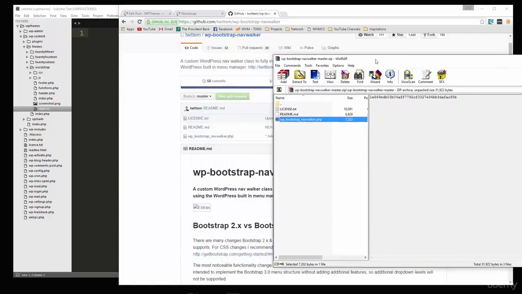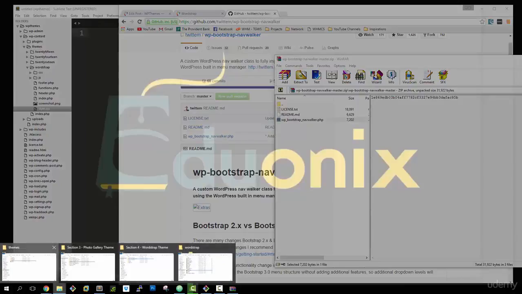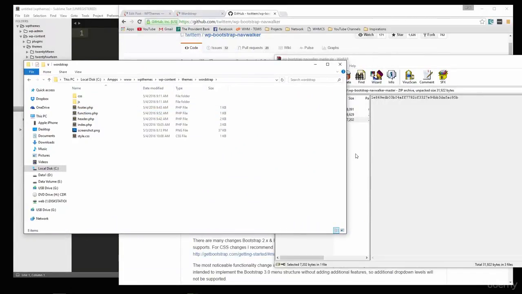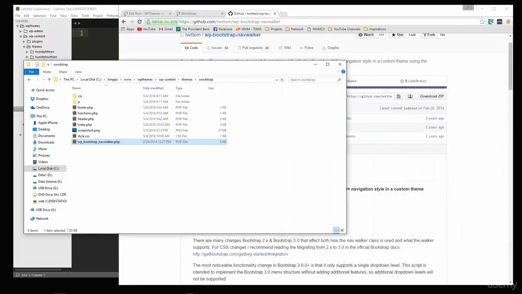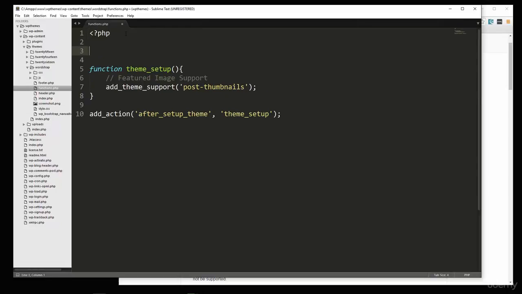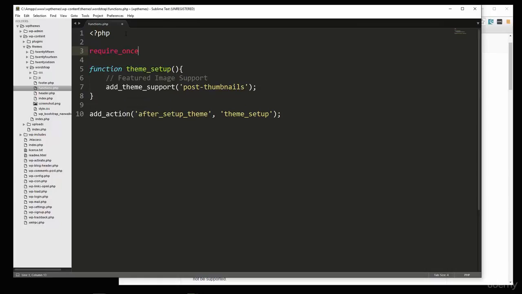file inside of it. So what we want to do is let's open up our project folder, and we're just going to bring that PHP file into our folder. Close that up. And now we want to open up the functions PHP file, and we want to include that file. So let's go to the top here, and let's do require once,